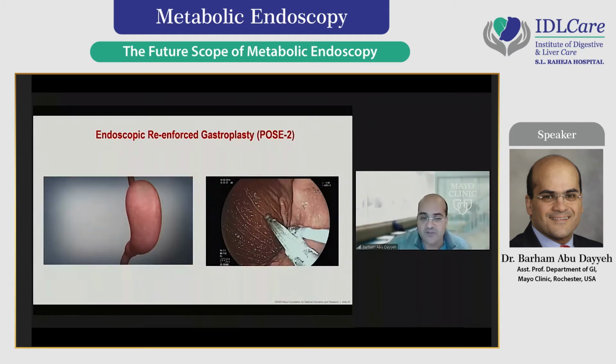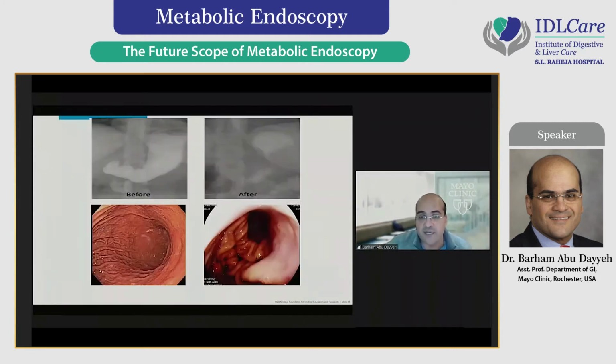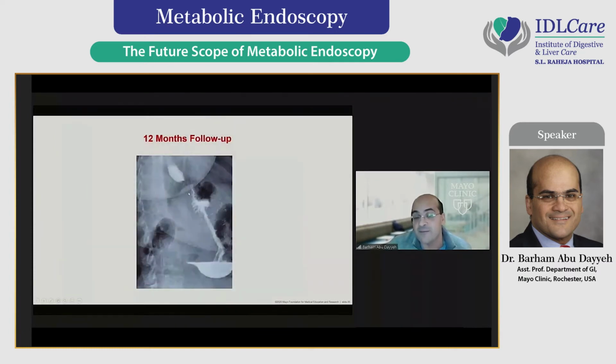Again, this is to highlight the point. This is the stomach before. This is the stomach after. If you count the vertebral bodies, there's about 5 of them. That's the length of the stomach before. This is the length of the stomach after the Post 2.0 procedure. You could see you shrink the stomach by 50% and you tubularize it along the greater curvature. This is the endoscopic picture before, this is the endoscopic picture after, and this is the endoscopic picture at 12 months, indicating the robust durability of this platform.